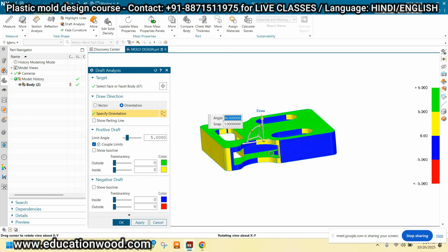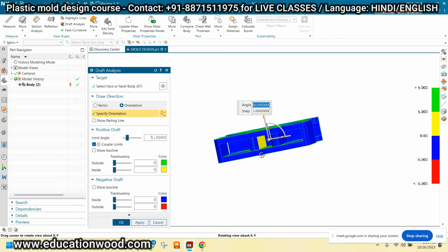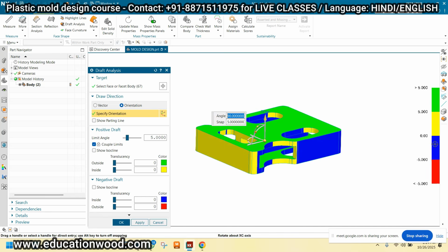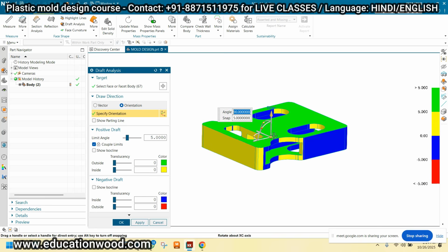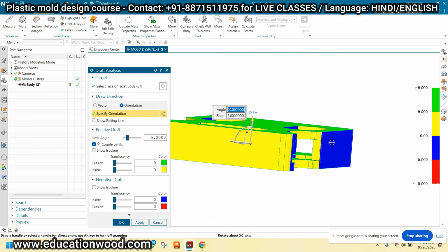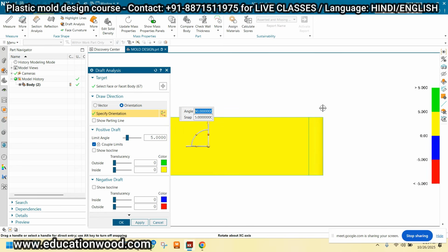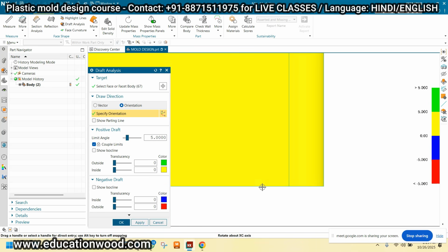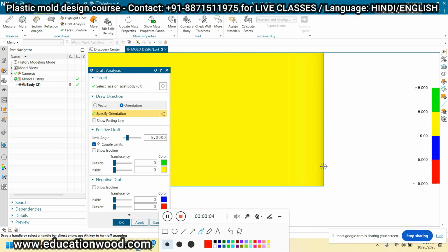Okay, but here you can see that the blue and the yellow part, you can say that this is the 90 phase. See here. See, this is the 90 phase, which means there is no draft here. See, there is no draft. This is the 90 phase. So with the reference of this phase, these are the 90, right? So that's why you can see here, this is the phase, this is the phase, so this is the 90.